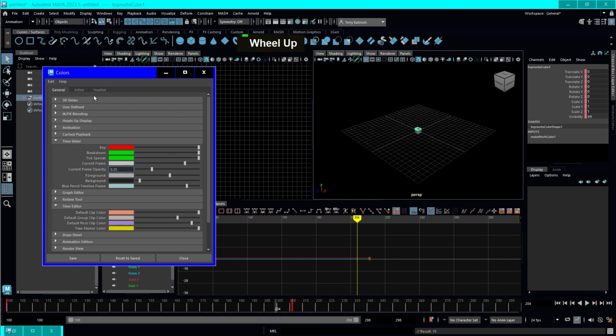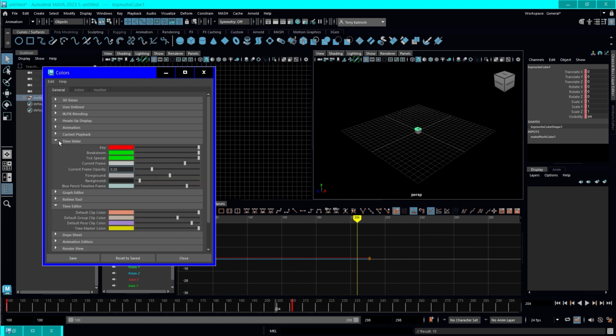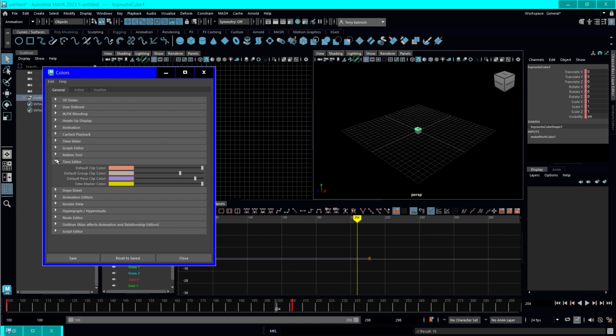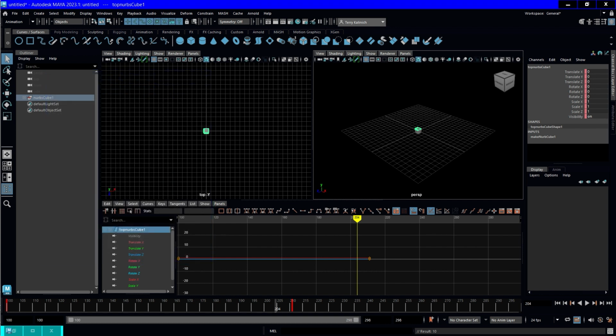You can spend a long time changing all these colors, all these menu colors. These are different categories for active or inactive objects, and so yeah, you could spend a long time figuring that out, what works for you. All right, so the next thing I'll show you,